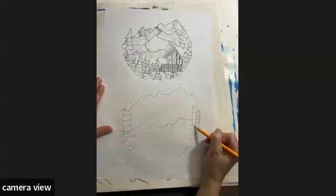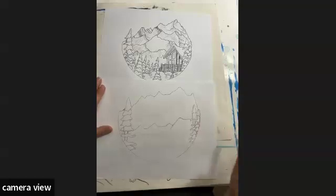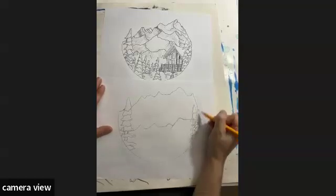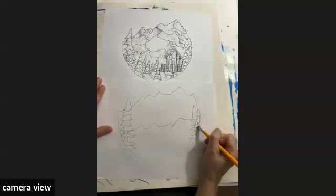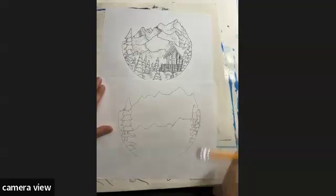So this part can be a little tricky because you're kind of trying to fit in these weird tree shapes, and they're only showing a little bit. So there may not be much that you have to draw when it comes to this tree, but you just want to make it look like the tree is coming out just a little bit on the border